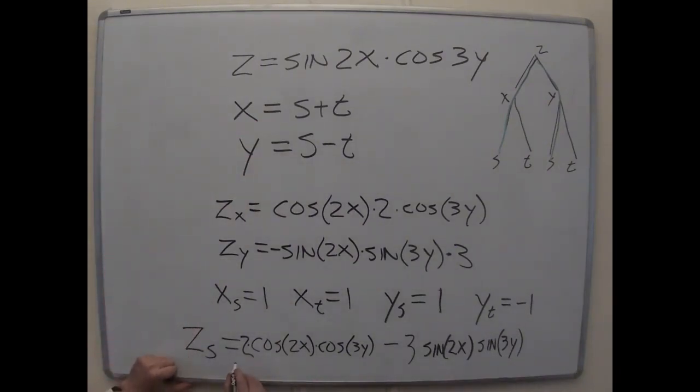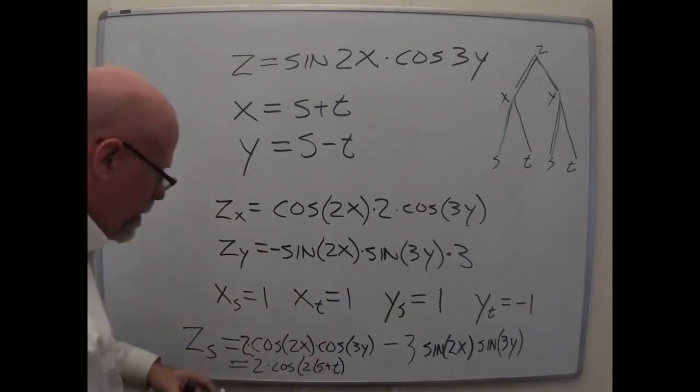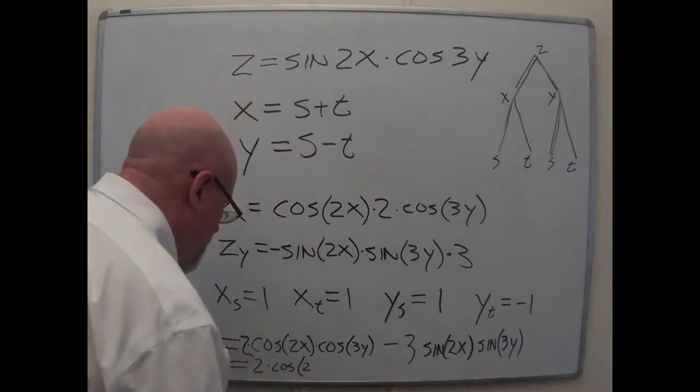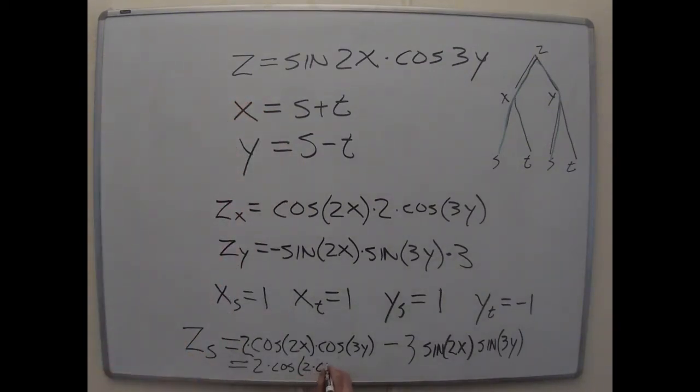So I'm going to squeeze this in here. This is equal to 2 times the cosine of 2 times x plus y. Oh, I'm sorry, s plus t. Wow, forgot the word cos there too. 2 times the cosine of 2 times s plus t times the cosine of 3 times s minus t